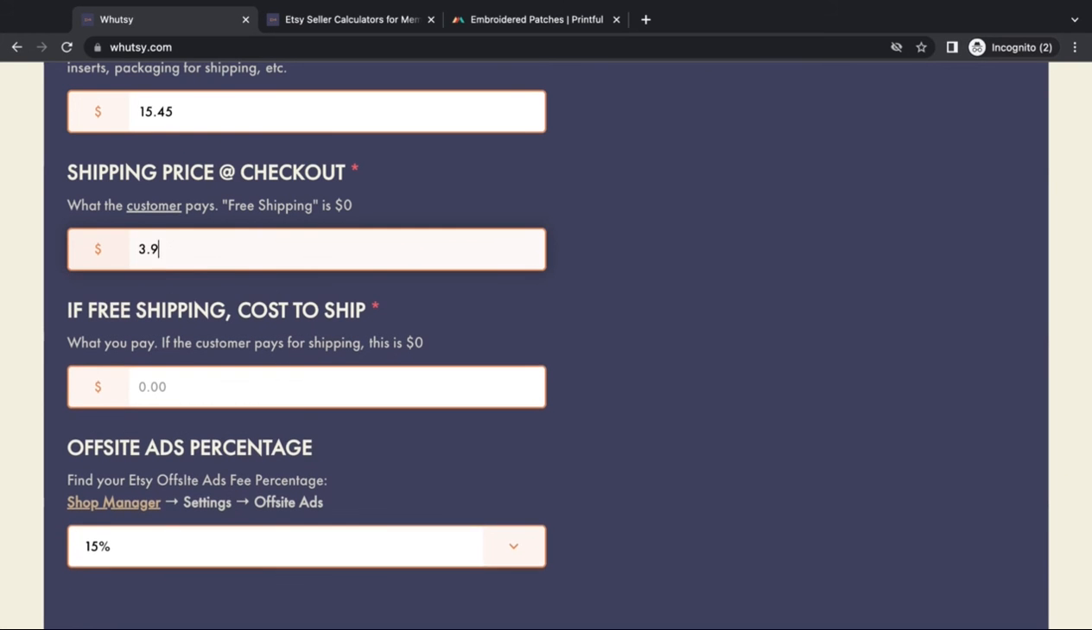We could increase that to $3.99, whatever we think is fair. Or if, like I said, it's free shipping, you do $0. So I'm going to just assume free shipping, the customer is paying $0. Now, when it comes to free shipping, this is where we enter that cost to ship, which is $3.50. I just want to talk about these two fields. For example, if you are making something handmade, what would you put in here? You would probably want to understand the highest possible shipping price that a customer is going to pay for one